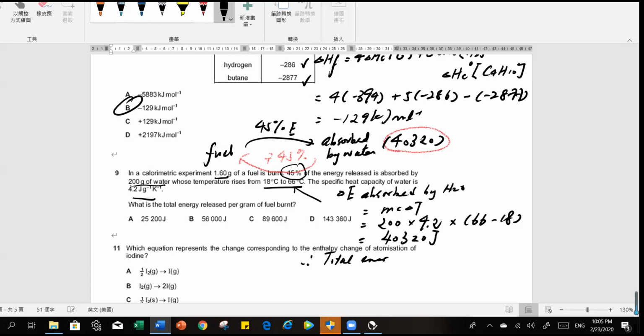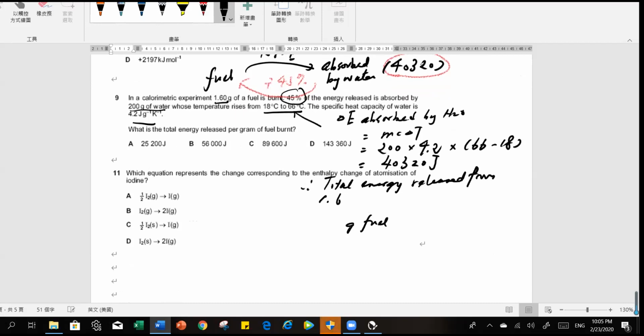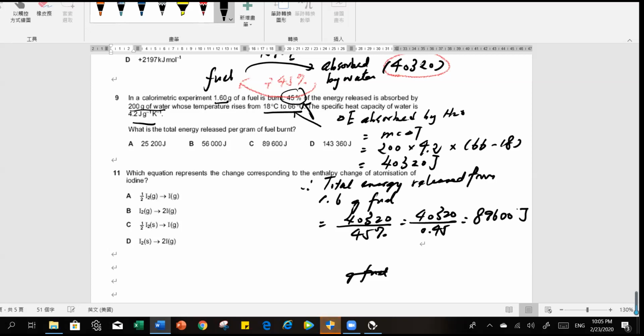So therefore, the total energy released from 1.6 gram fuel will be equal to this amount divided by 45%, because I can transfer 45%. It's equal to, so you will get this number, okay? And the question asks you, what is the amount of energy released